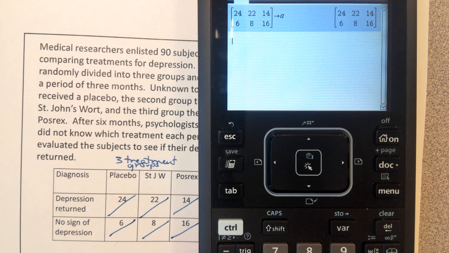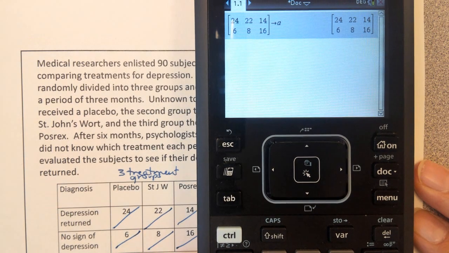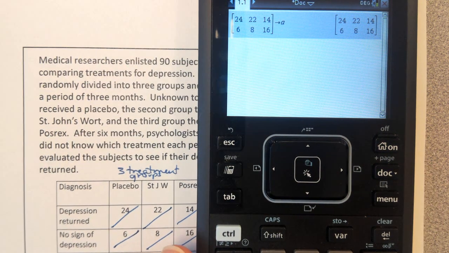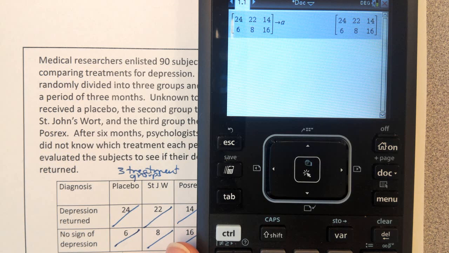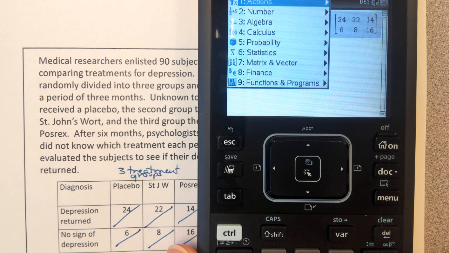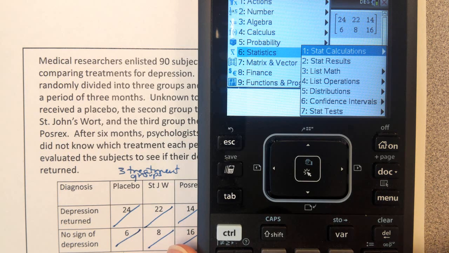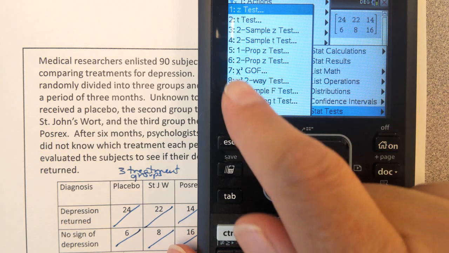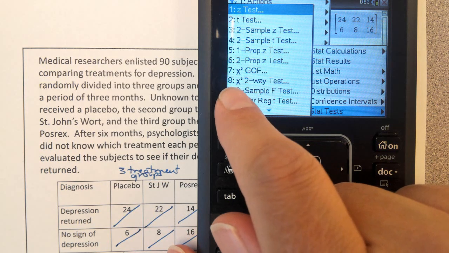And now I'm going to actually run the test. So here's the kicker. You have to run the test eventually anyway. When you run the test, it will give you your expected matrix. So if you run the test now, you'll already have all the stuff you need to fill in the blanks for the rest of your procedure. So let's go to menu. Number 6 for statistics. Number 7 for stats tests, and under the goodness of fit test,